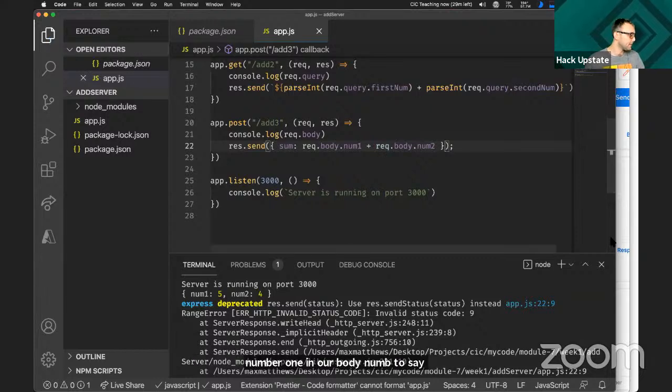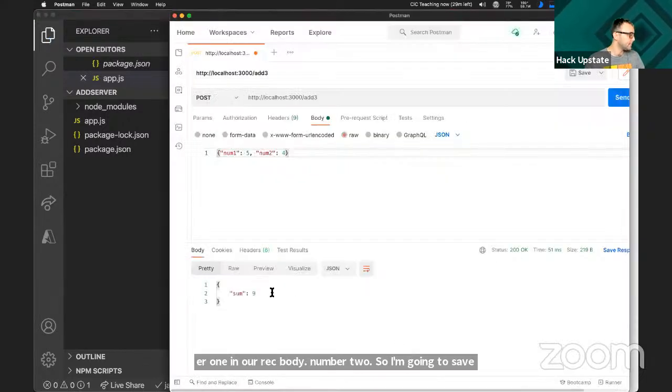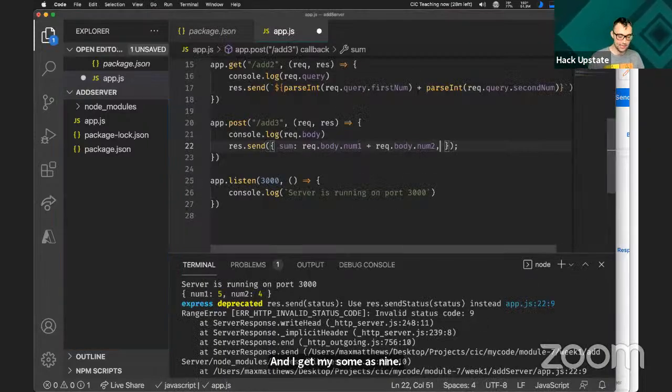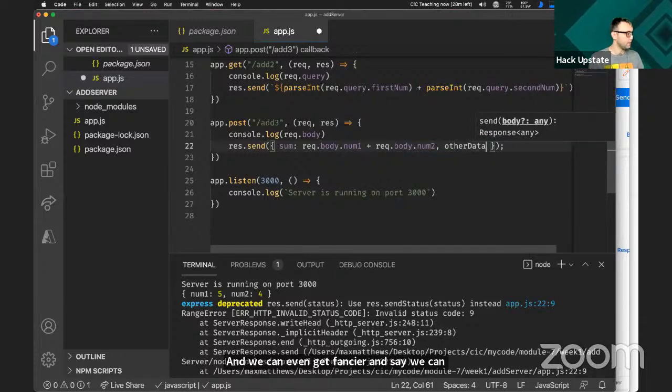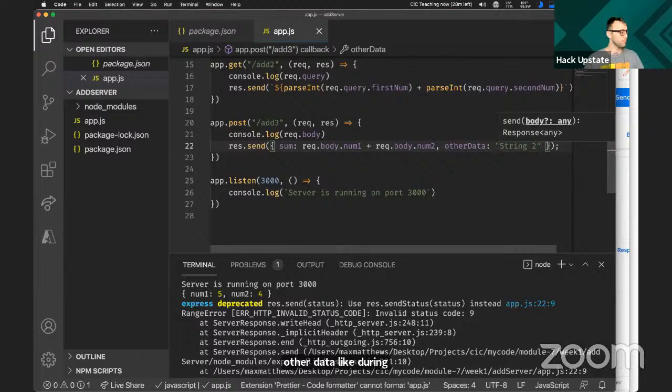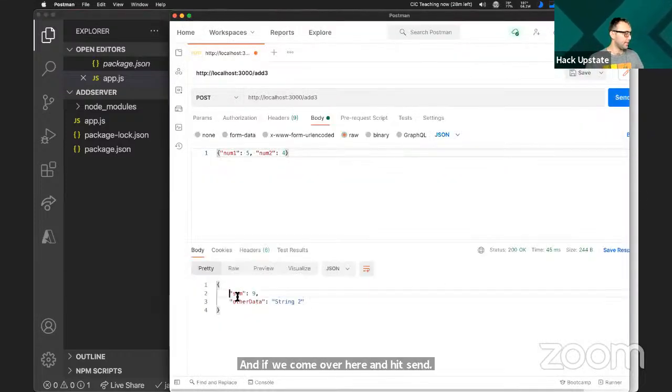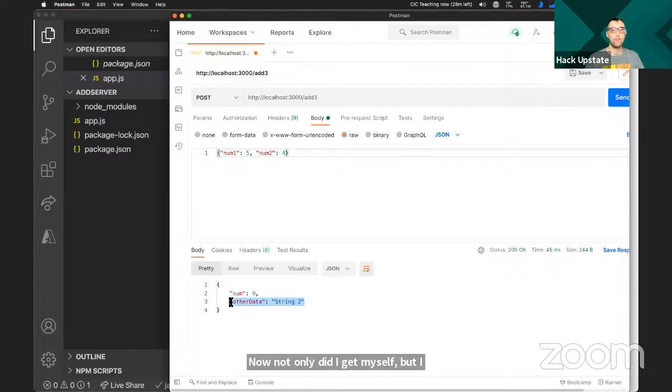So I'm going to save that. I'm going to come over here. I'm going to hit send, and I get my sum as 9. And we can even get fancier and send back other data like string 2. And if we come over here and hit send, now not only did I get my sum, but I got my other data as well.